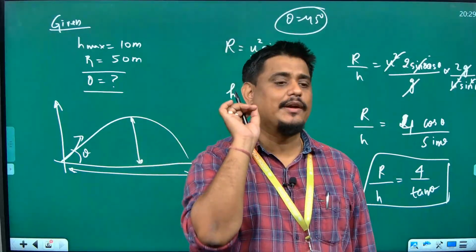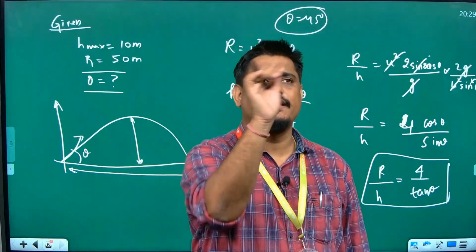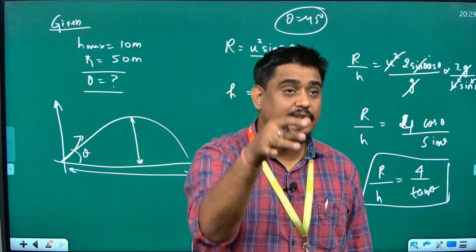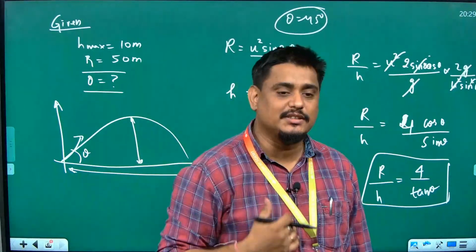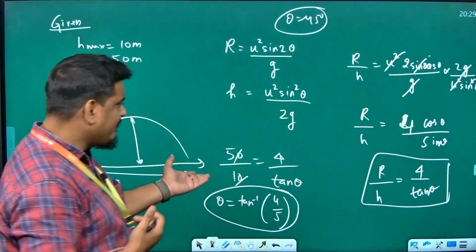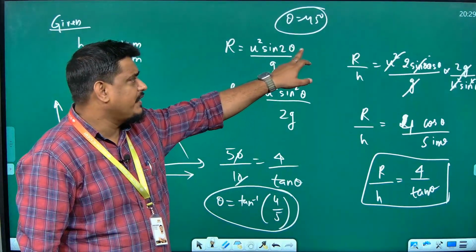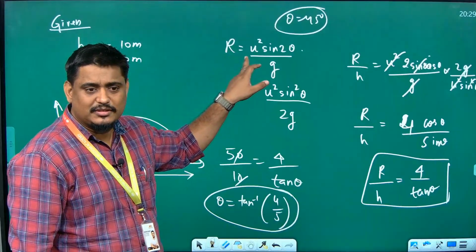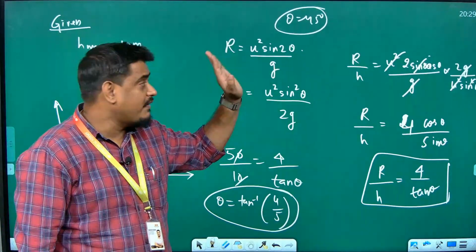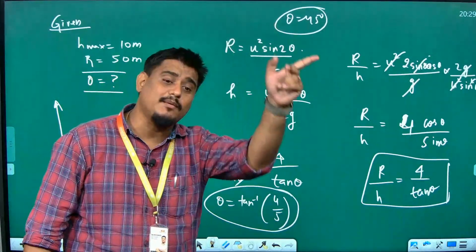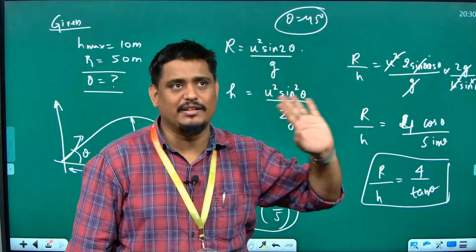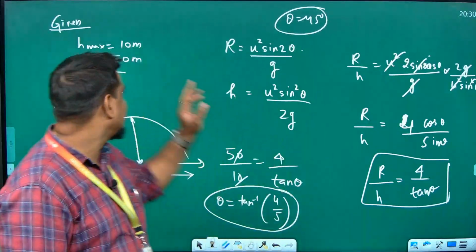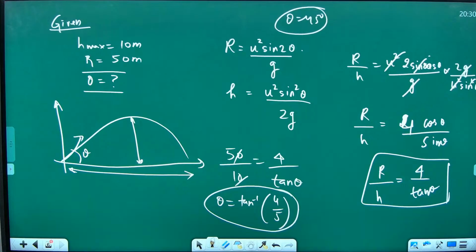If I throw a body at 20 meter per second, at 30 degree, 40 degree, 60 degree, 80 degree, with which angle will my projectile have the maximum range? The answer is 45 degree, because in this formula, put theta as 45 degree, then only R will become maximum. Are you getting my point? So 45 degree gives you the maximum range. Here they have not given that. Here they give the range value. For this range, this is H max. They did not say it is maximum range. This is just a horizontal range.